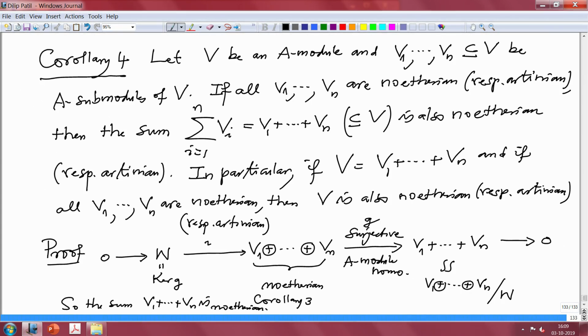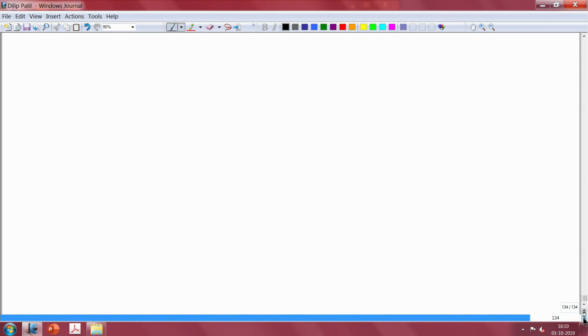All right. Of course one can also prove the statement for n equal to 2, and for n equal to 2 you can use what is called the isomorphism theorem. So let me do that, because that will also give me the opportunity to recall what the isomorphism theorem is. So another proof.